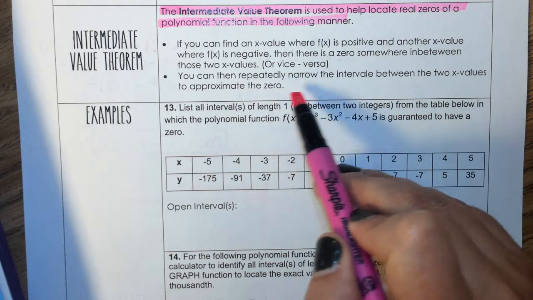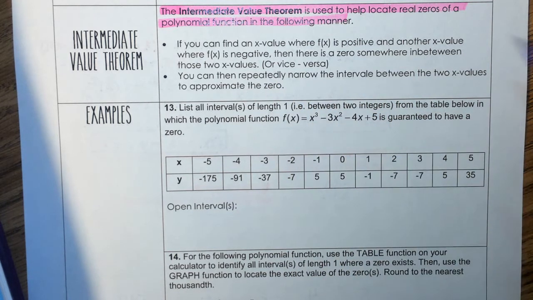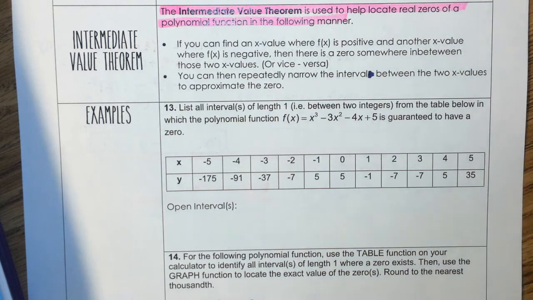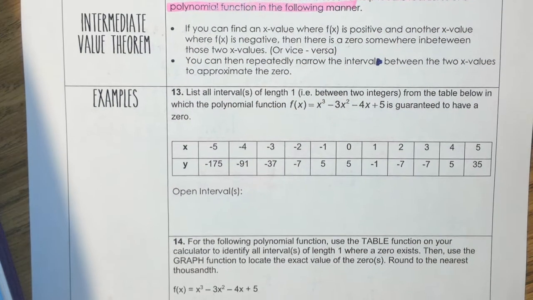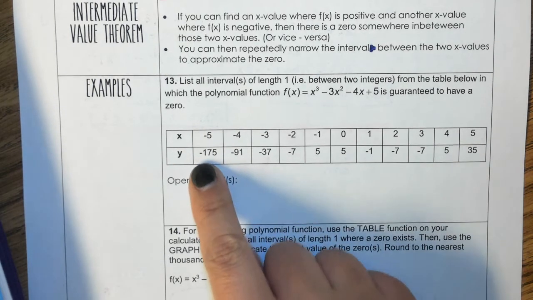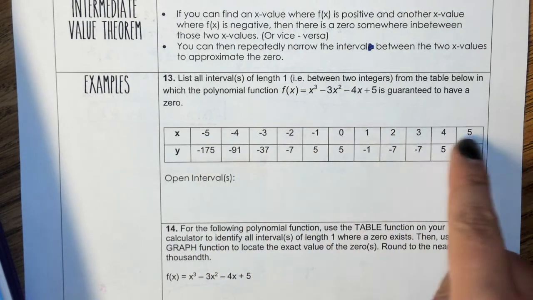So then you can repeatedly narrow down your interval between the two x values to approximate that zero. So in example number 13, we're going to list all of the intervals of length 1, okay, from this table below, which the polynomial function f of x equals x cubed minus 3x squared minus 4x plus 5 is guaranteed to have a 0. Alright, so all I'm doing is I'll look at my x values in a second, but